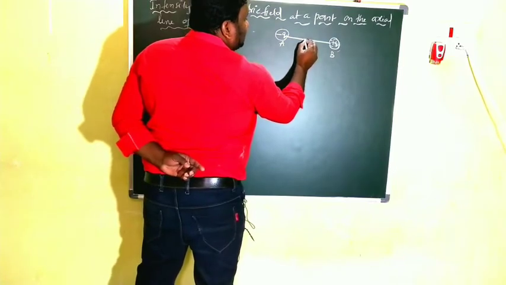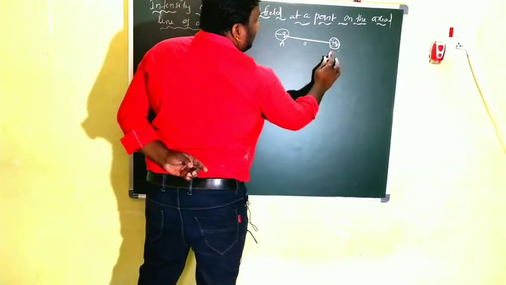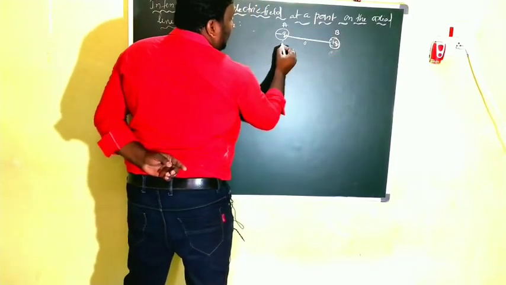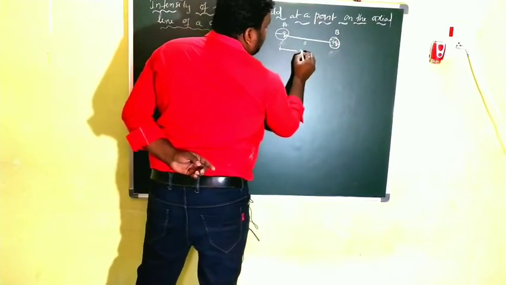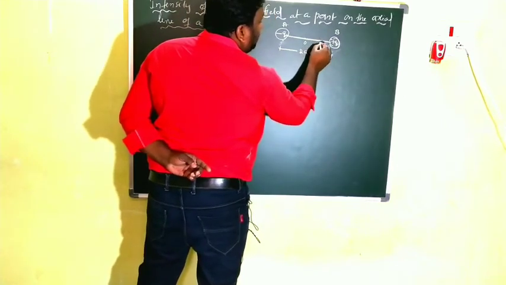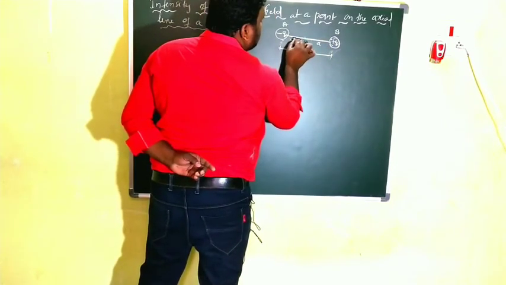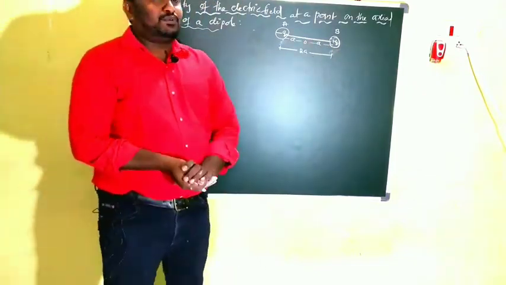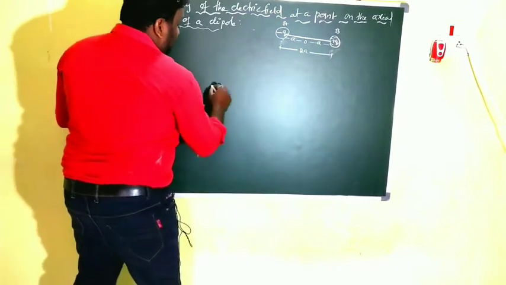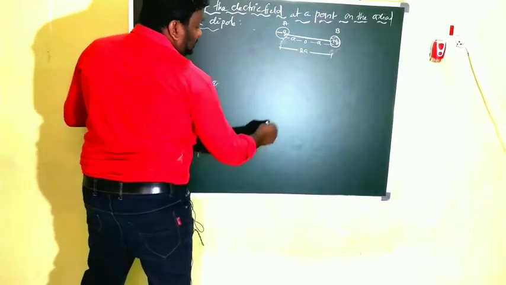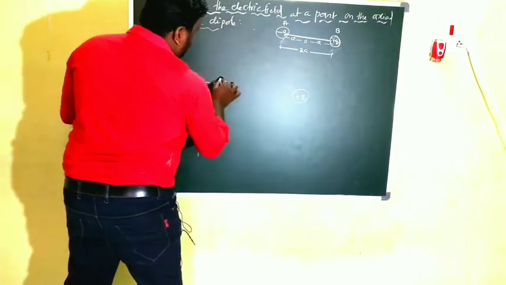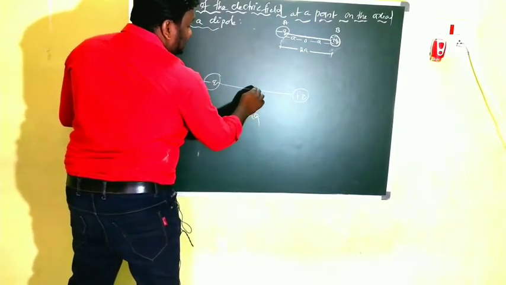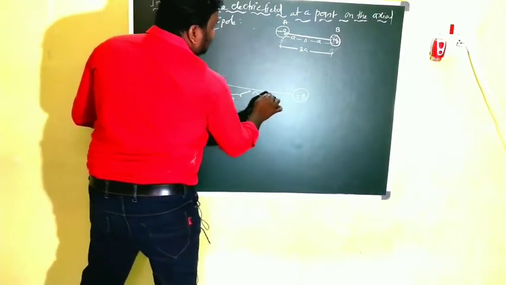Again, what I am doing? This is the midpoint, and here I am taking the length. This is location A, and this is B, and I am taking the distance as 2a. That means O to B is a, and O to A is also small a. Clear? This is the dipole. Very simple. This is the minus q and this is the plus q. Now these two are separated by a distance of 2a. And this is the midpoint. Now it is a and now this is a.